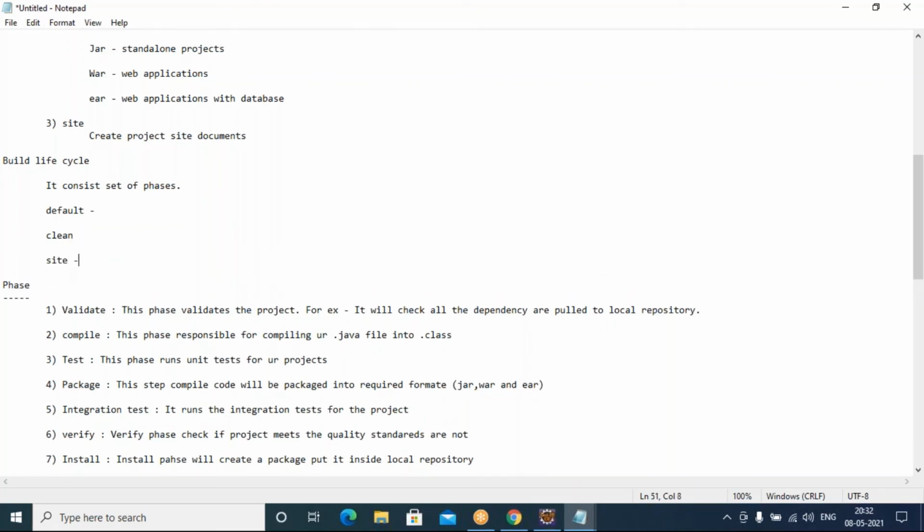Each life cycle consists of some phases. Now the default life cycle consists of 24 phases internally. The clean life cycle consists of 3 phases.